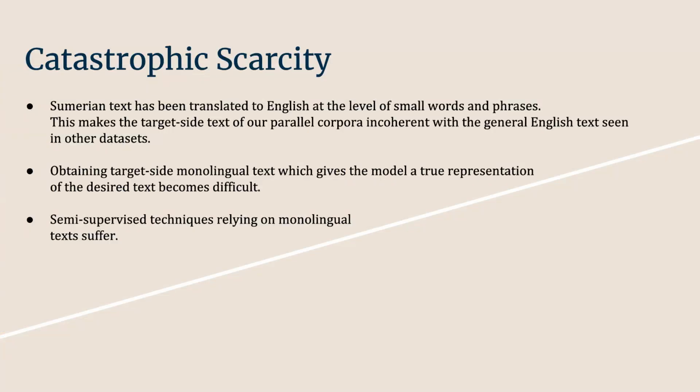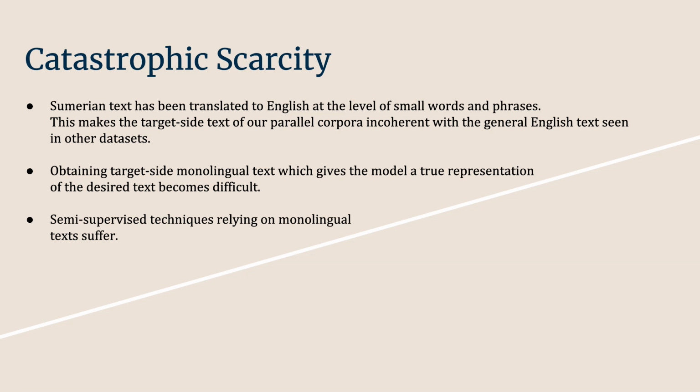Further, one major problem that we faced during these processes was the problem which we would like to call the catastrophic scarcity problem in Sumerian and English. So this problem is that the target level sentences in our parallel data, which have been human translated from Sumerian, are basically translated at a small word or partial phrase level, and thus the English side text in the corpora is very distinct and very different from what modern day English corpora would look like,